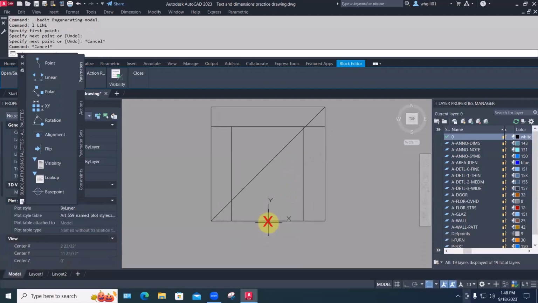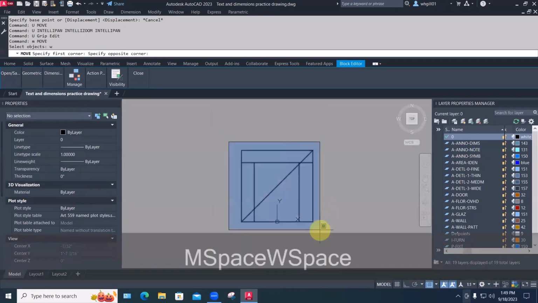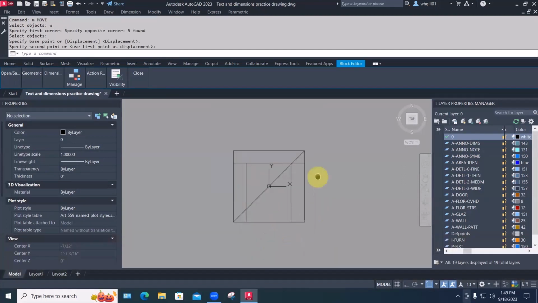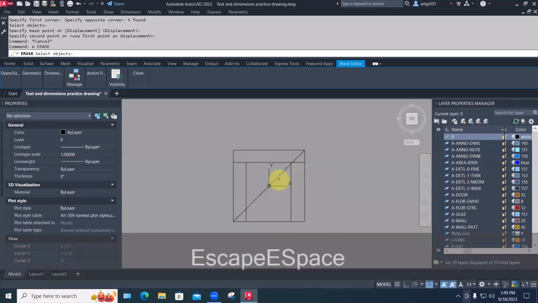So here's the origin of this thing, where its x and y axes cross at 0, 0. So I'm just going to move all of this from the middle of this line down to that point, just to move the chair relative to its base point. Move all these guys from there to there. Okay, so now we have the base point of the block in the middle of it. I'll get rid of this guy